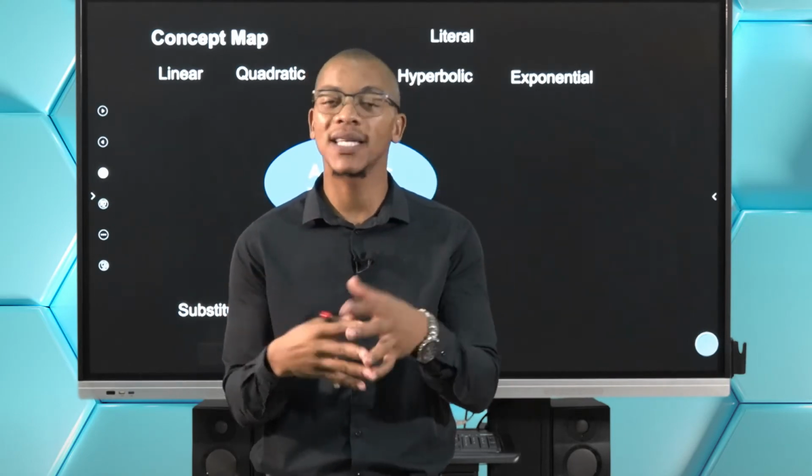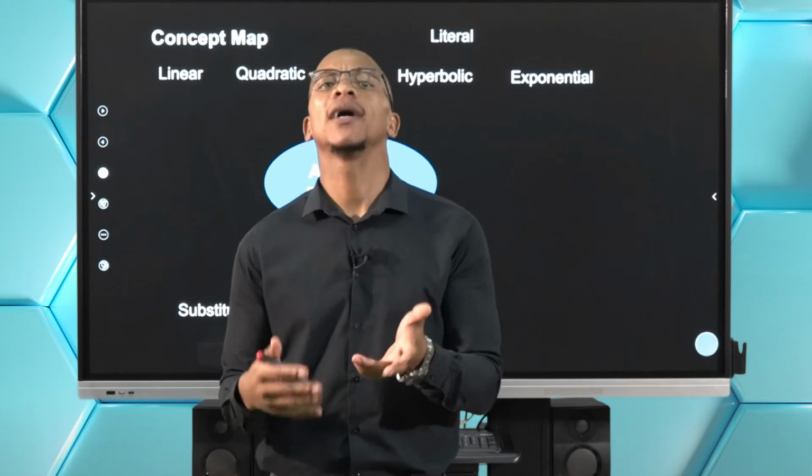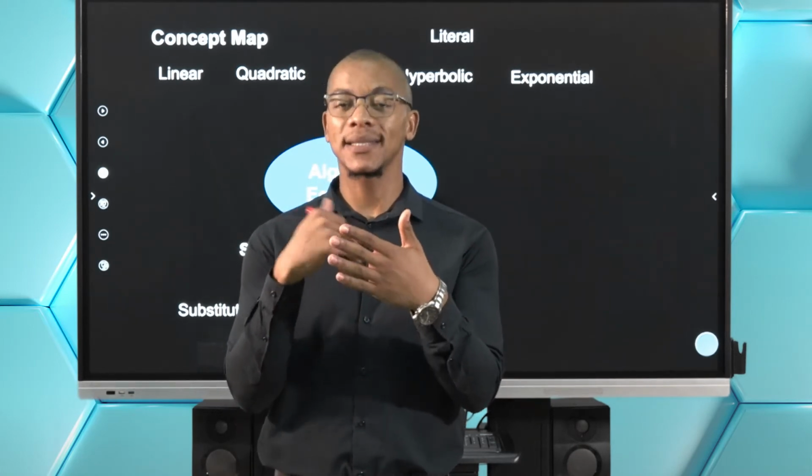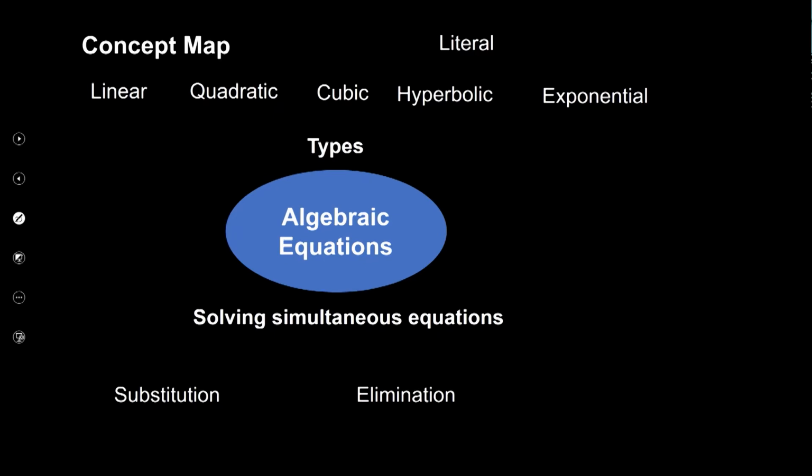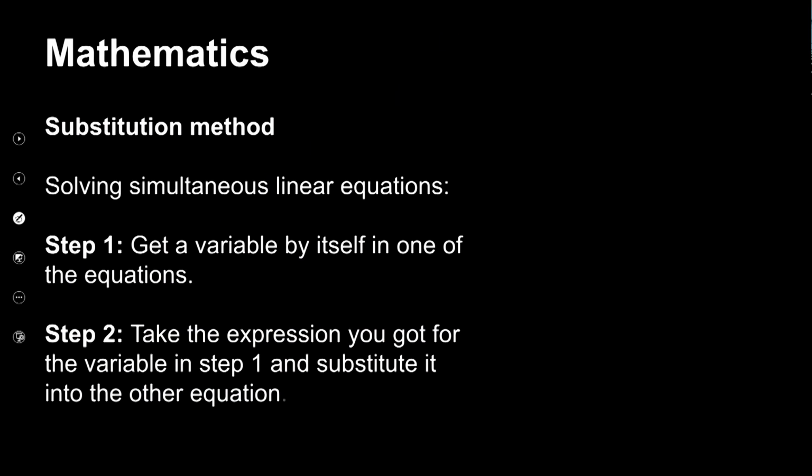So let's just have a look at what are the steps that we need to follow, and then I will take you through a step-by-step solving process of a specific question so that you can see what I'm talking about. So let's have a look at it. Now, the substitution method will be solving simultaneous linear equations. That is, the very first step will be you get a variable by itself in one of the equations, right? What does that mean? It means you must make one variable the subject of the formula, the subject of the equation,